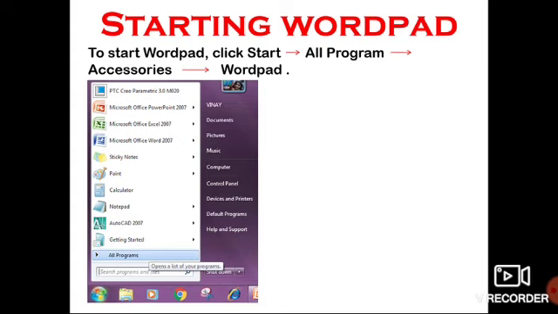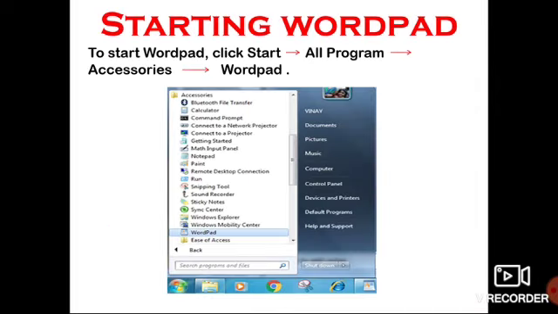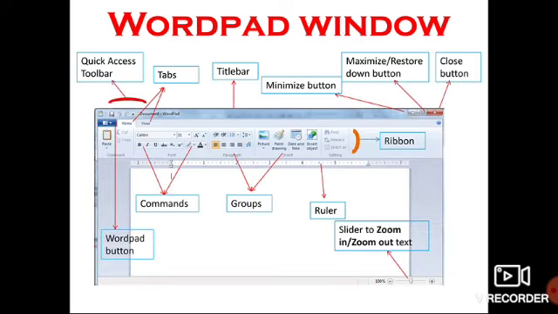When you click on the Windows icon, you can see all programs over here. When you click on all programs, you have a list of programs here. In this, click on accessories. When you click on accessories, you have another list of programs, and in that you can find WordPad. Click on WordPad and then the WordPad window appears.